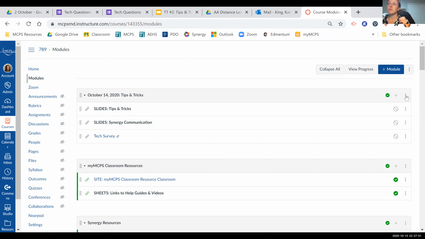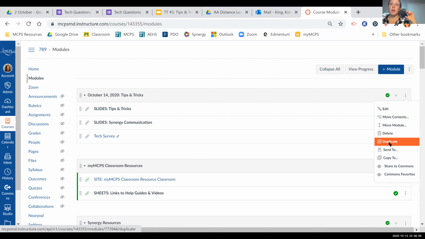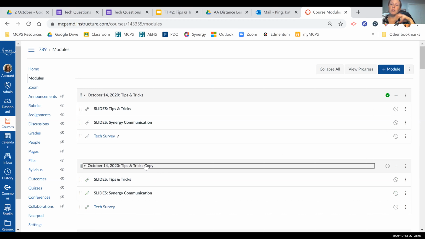To copy and paste a module, you just click on the three dots in the module heading bar and click duplicate. Fortunately, it will tell you that it's the copy, so then you can rename it. And fortunately, it just goes right below it. It doesn't send it all the way to the bottom. You can also